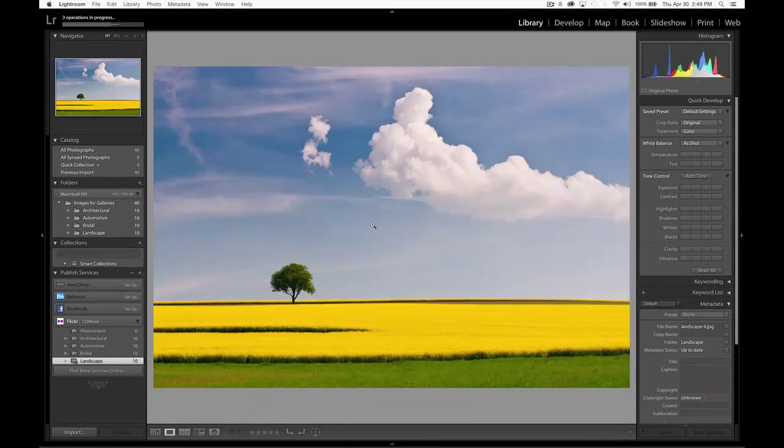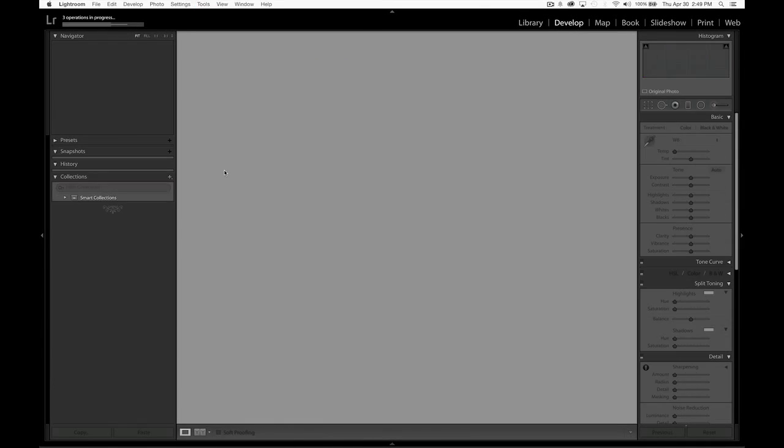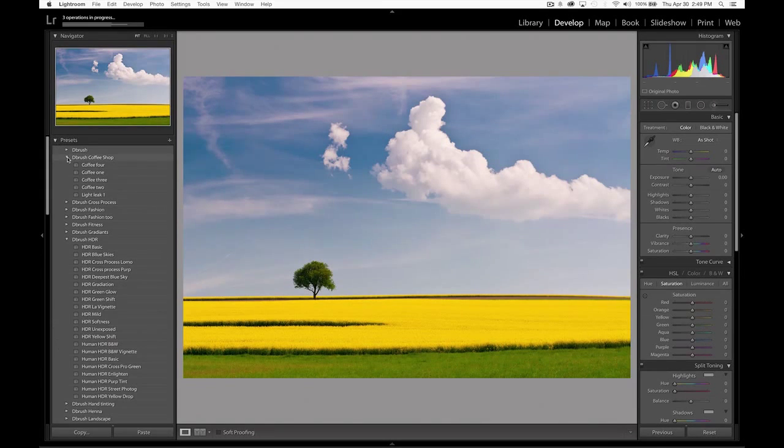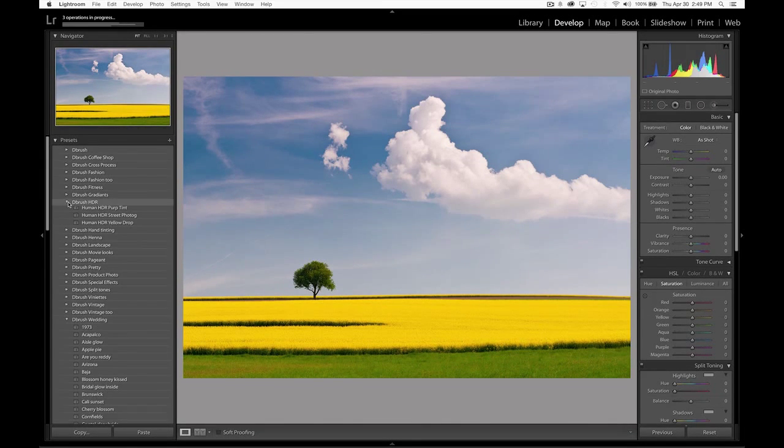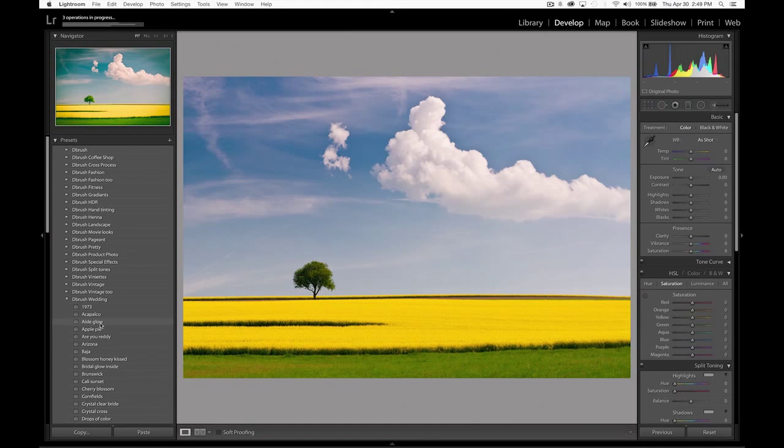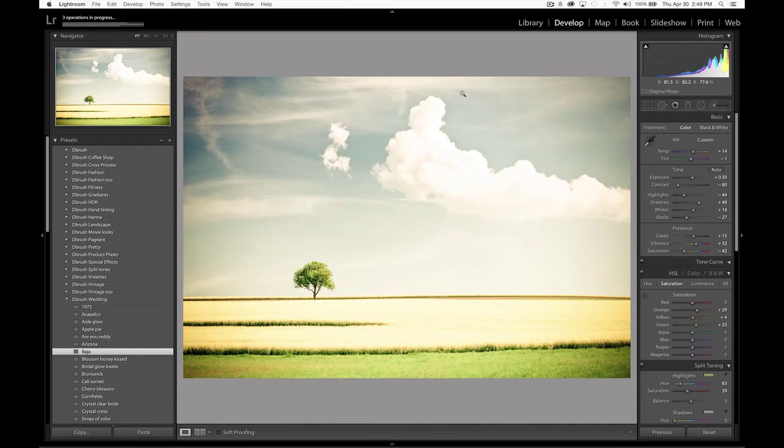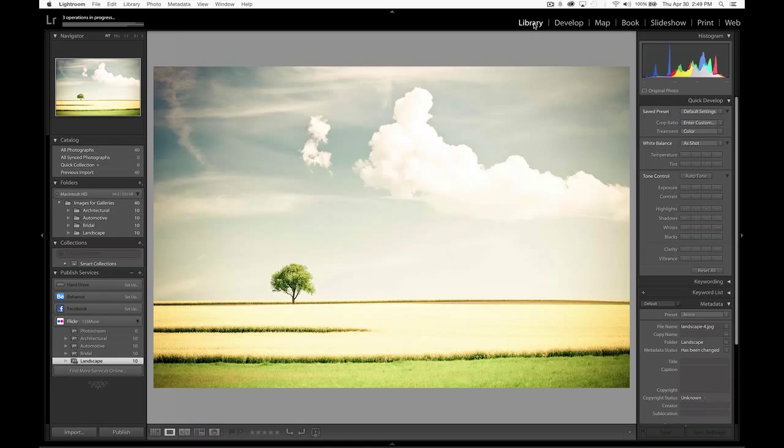So I'm going to double click on one of these. I'm going to click the D button to open develop module. I'm going to go to my presets, and I'm just going to go to, let's see, it doesn't really matter which one, but one that makes a little bit of a difference. Aha, my Baja preset. Okay, so that looks pretty cool. There we go. That's updated. So say now that was something that the customer had wanted. Now that we have done that,